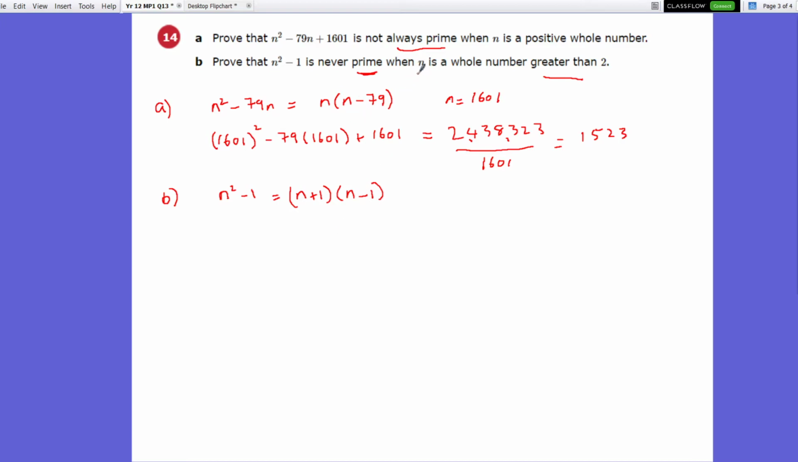So for any n greater than 2, n plus 1 is obviously greater than 2, and likewise when n is greater than 2, then n minus 1 is a factor which is also greater than 1. It's got to be a factor when n is a whole number. So we've got two factors,